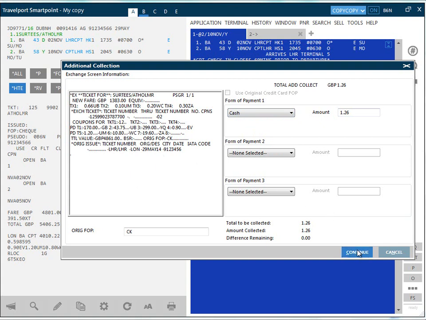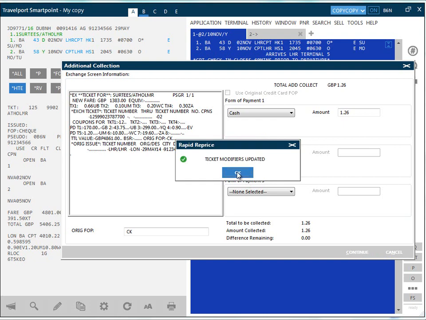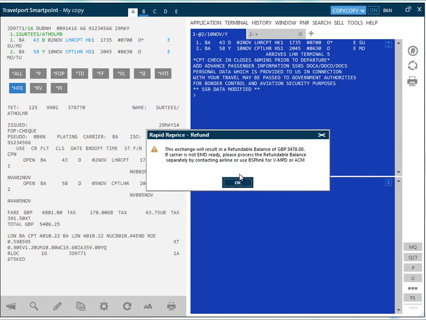But this is a good area for checking all your paid taxes, and all this detail is going to go on the new ticket. We click Continue. Right now, the ticketing modifiers of the file fare have been updated. Now we deal with the refund. This exchange will result in a refundable balance of £3,478. If the carrier is not EMD ready, please process the refundable balance separately by contacting the airline or using